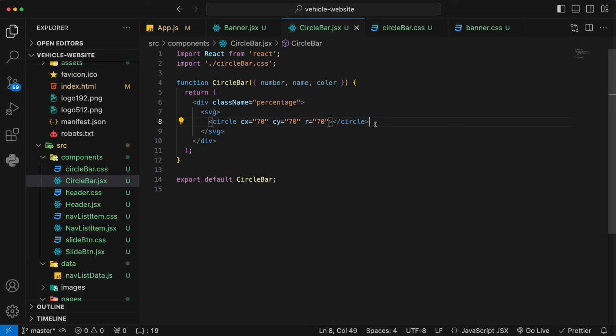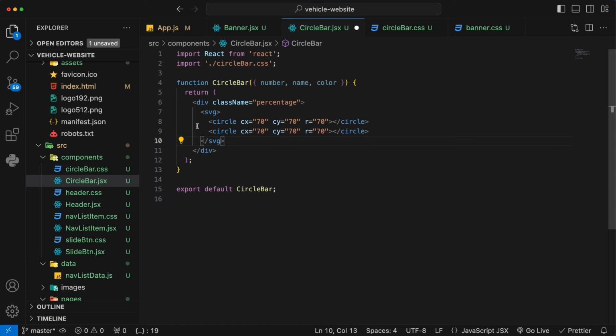That's the outer circle. To make sure the circle looks nice, we will have 2 circles overlaying each other. And the second one, when it overlays the first one, it'll show you the ring effect. The second one will have the same diameter and everything, except that we're going to give a bit of different styling later on. So once we have that done, outside SVG, we're going to define our number, which is